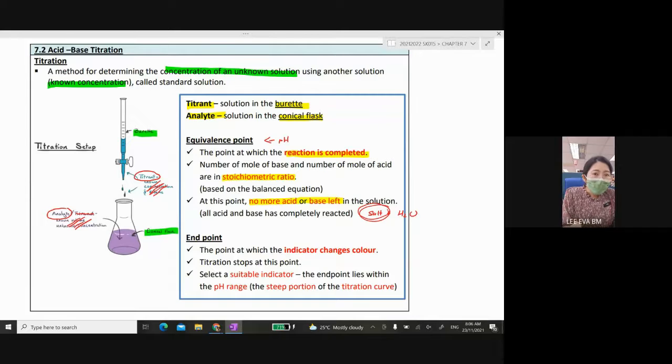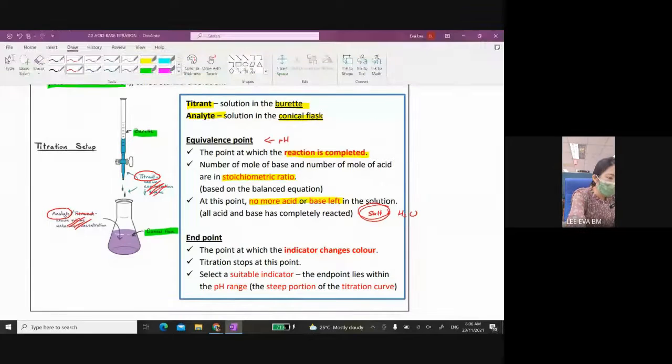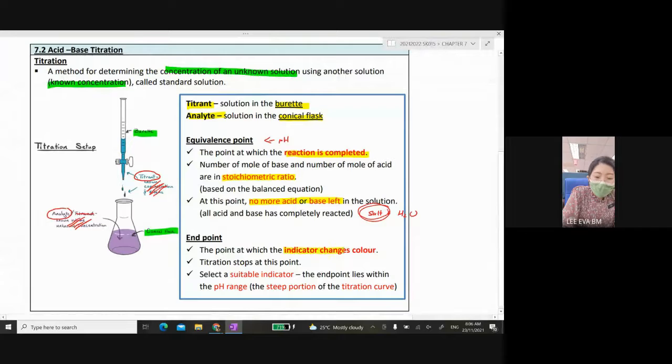But the endpoint is slightly different, though it is close to the equivalence point. Now, the endpoint is a point where the indicator that you added into the solution